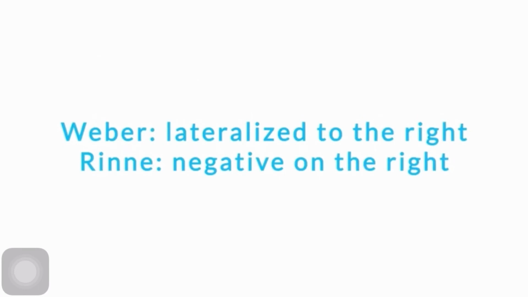Let's come to the second example. So it shows lateralization to the right. So again there can be some problem within the left ear and thus the right ear is the normal ear, so the left ear has sensorineural hearing loss, or the right ear has conductive hearing loss. Second one is the Rinne's test. So it is negative on the right. So thus there is a conductive hearing loss of the right side.